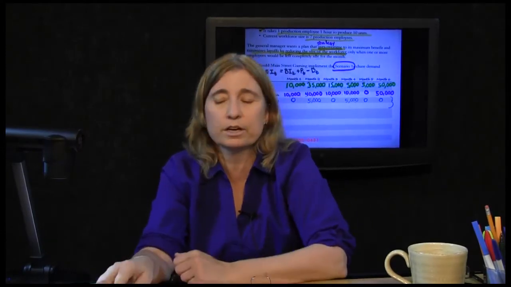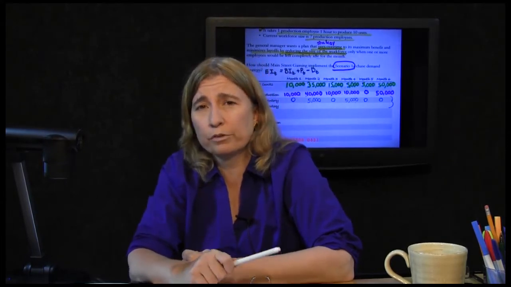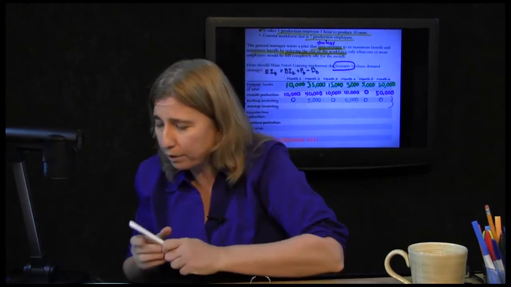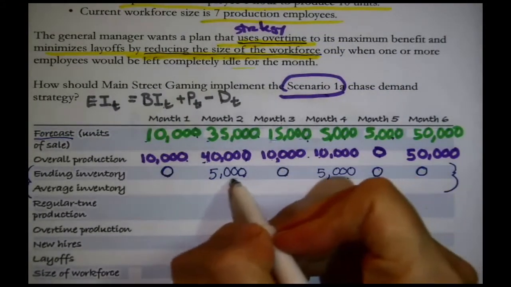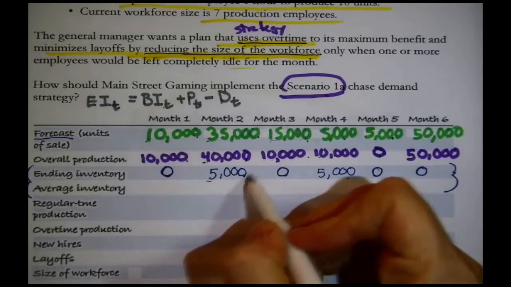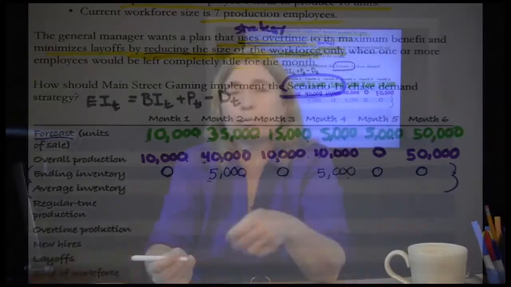All right, so you could treat that as a formula. You say, all right, well, I see where we are putting the ending inventory, but BI, what's the beginning inventory here? I don't see a line for that. Remember, the beginning inventory for a certain month is the ending inventory for the month before. What you begin with in a certain month, like for instance, month 3, is whatever you had ended the month before with. So the beginning inventory for month 3, for instance, would be 5,000. Okay, well, that's just inventory logic.